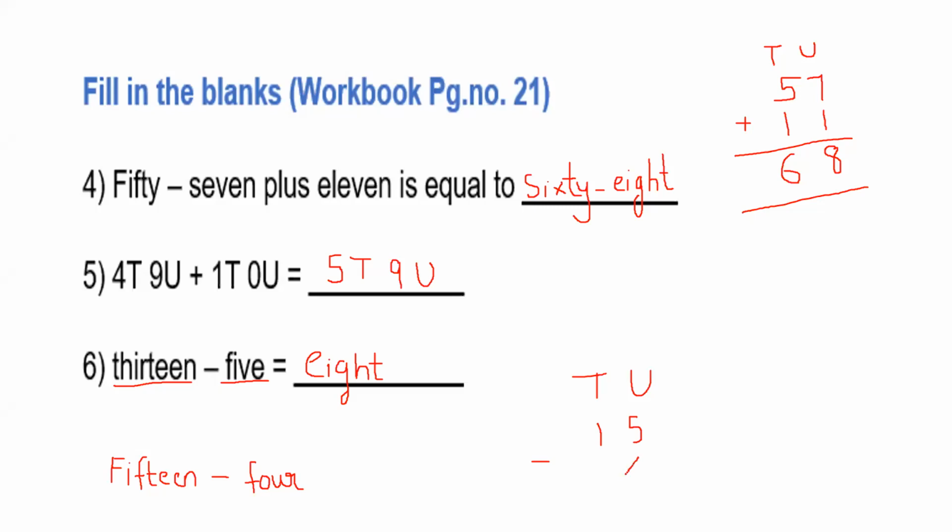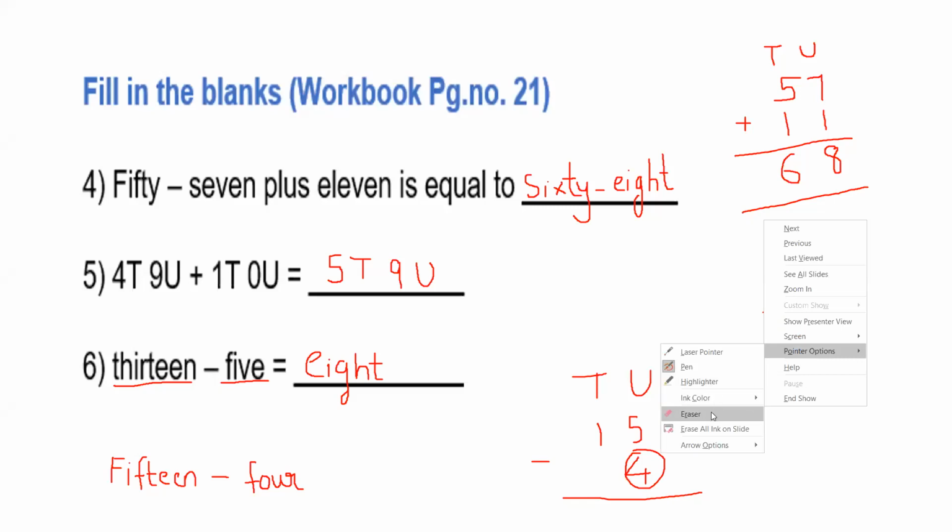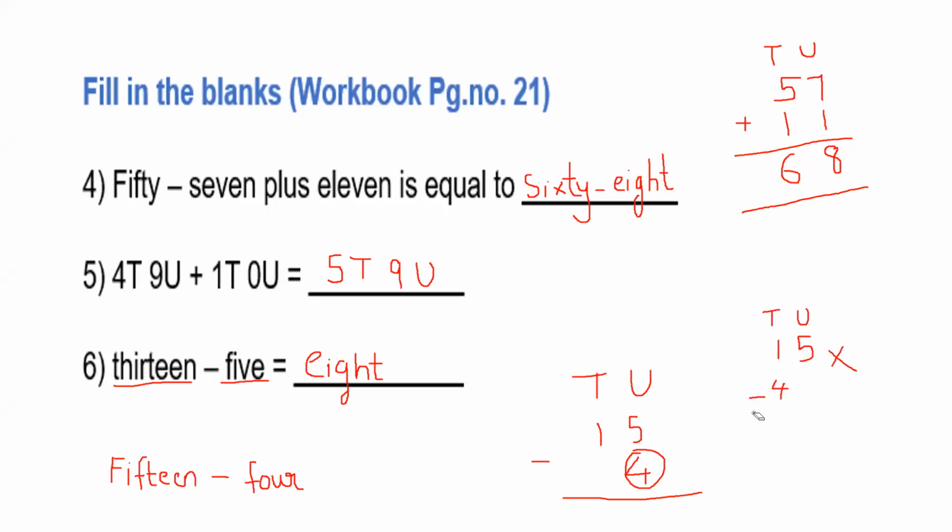Why? I have already explained. Because 4 is a single digit number. Many students in the exam also do the same thing. They do it wrong. So that's why I am telling, pay attention over here. If you write 4 in tens place, this is wrong. 4 will come in units place only because 4 is a single digit number. Single digit number means units. Okay. So that's why I gave the extra question, so that I may know.